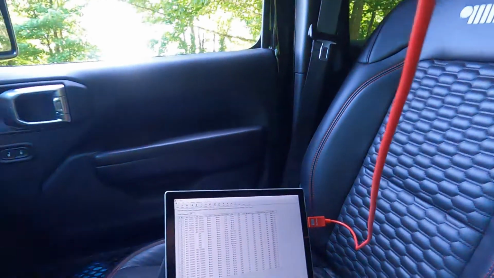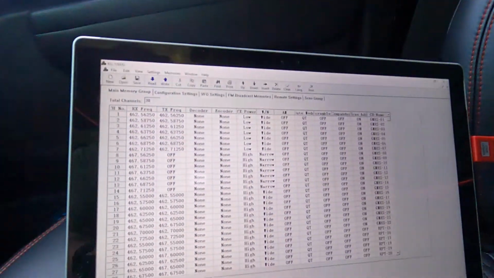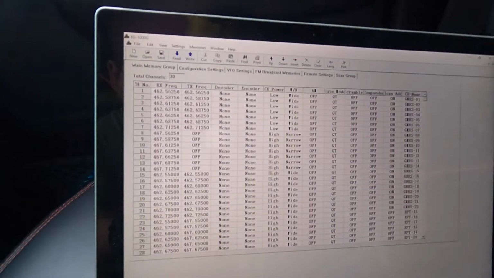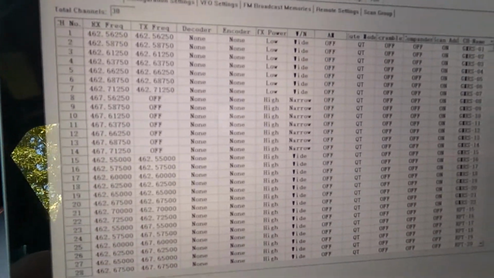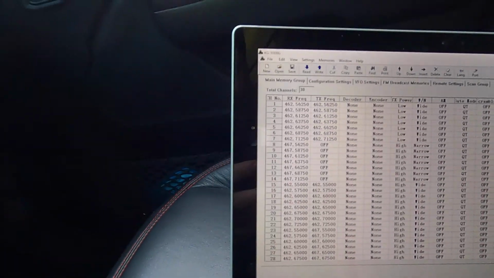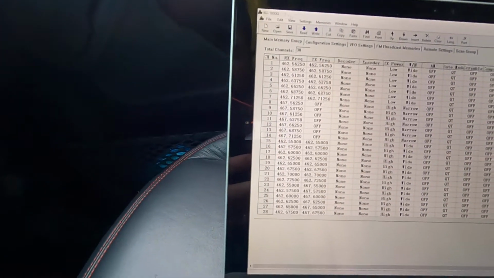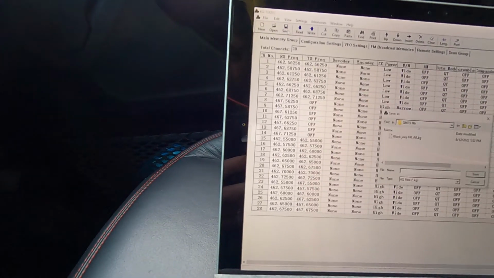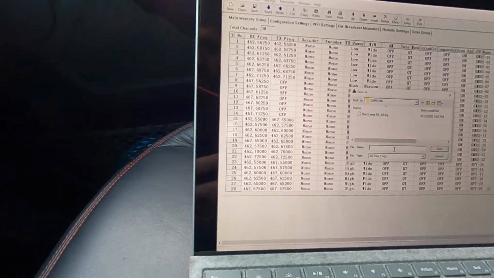So we're back out here in the backyard now in the Jeep. We're going to try to show you how to load a fill into the radio, and I'm going to show you first by backing up the radio. So what we've done is I've already had it read the radio here. So this is just the factory setup with the factory channels. Everything's factory. So all we're going to do now is just save that to our folder, to our GMRS fills,